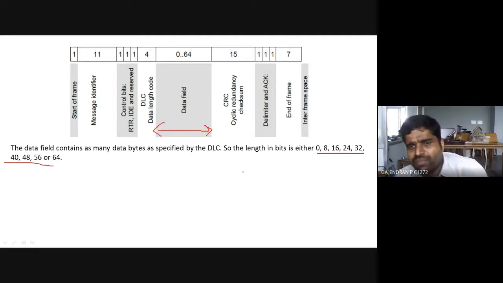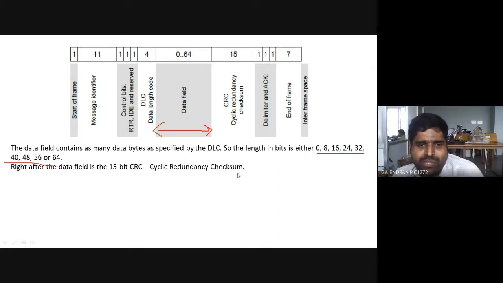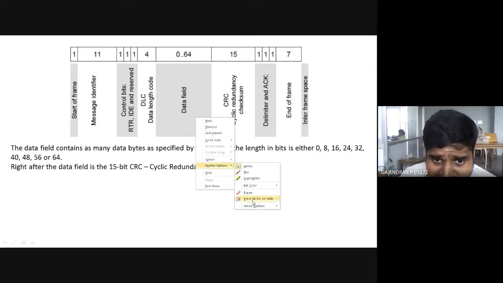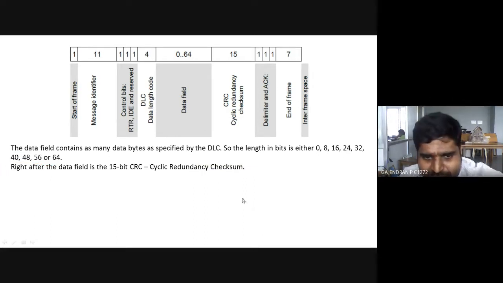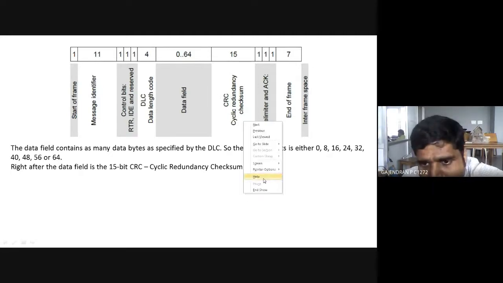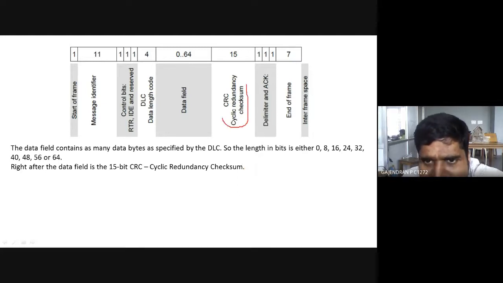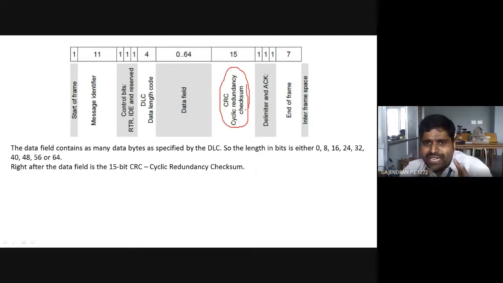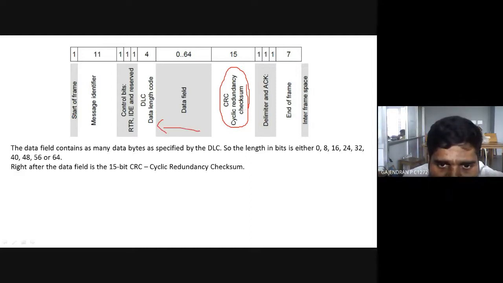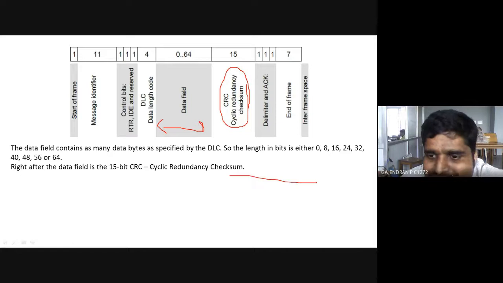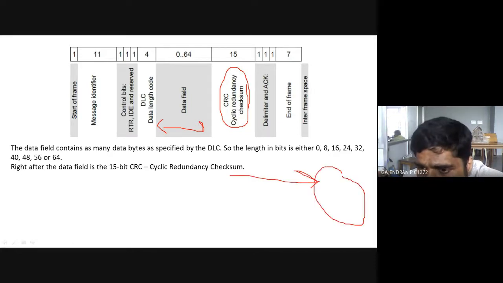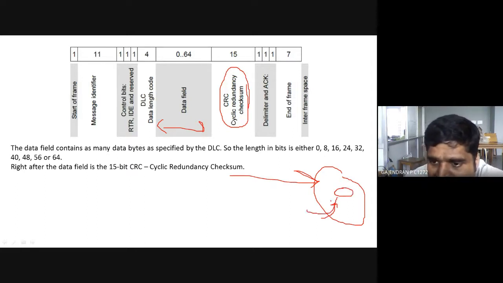Then the next one is for error checking. This is a 15-bit value, CRC, cyclic redundancy checksum. It will generate some pattern for this particular data, and we transmit it. When receiving, we check it: does the value we calculated match what we received? If it matches, no error. If it doesn't match,